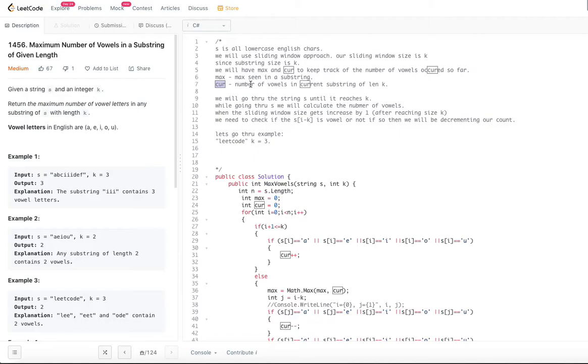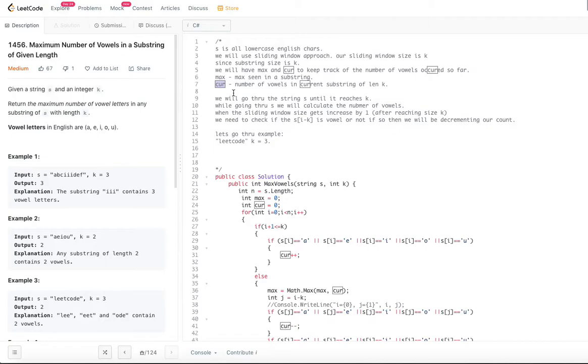So when we start from the 0th index, we will encounter a few substrings of length k. Each substring we have to treat individually. Cur keeps track of the number of vowels occurred in the current substring of length k. So the approach is simple. We will go through the string s until it reaches k, basically filling the sliding window.